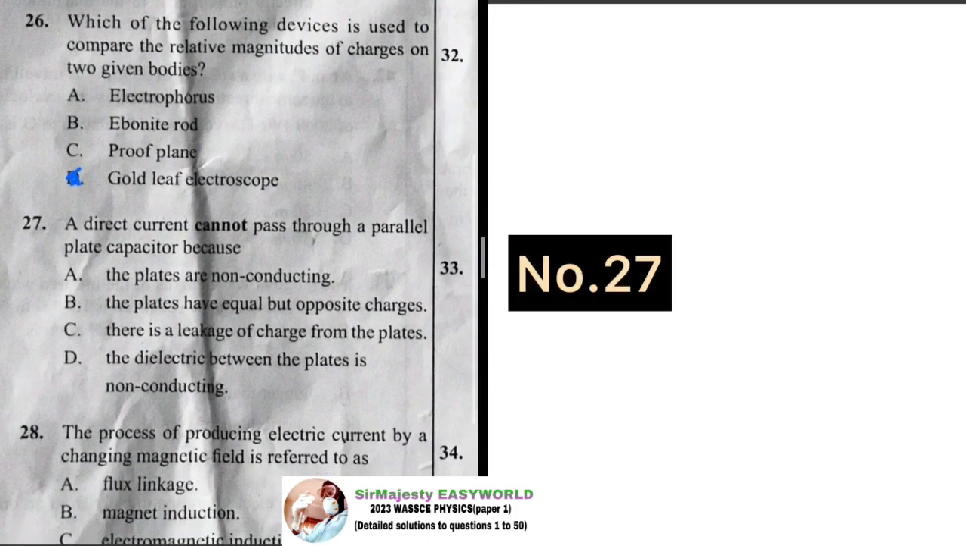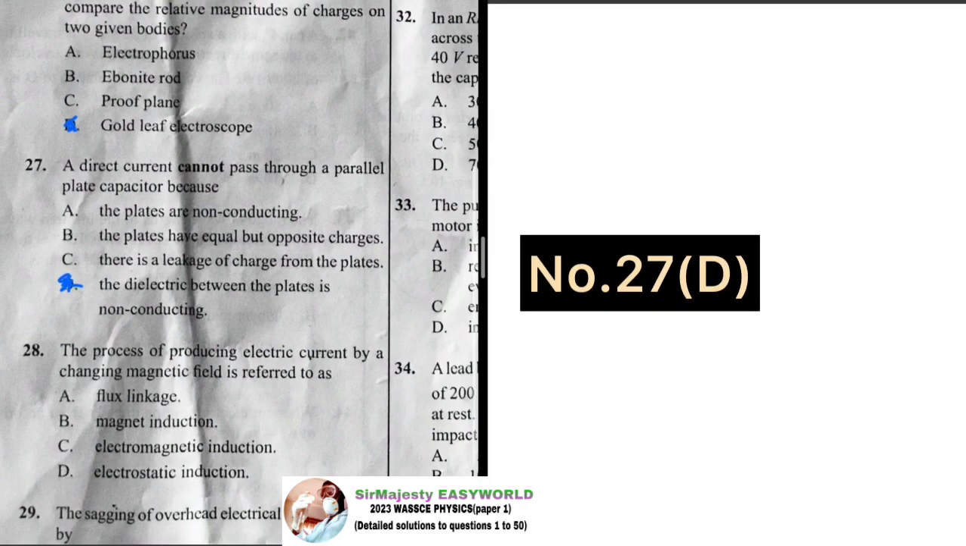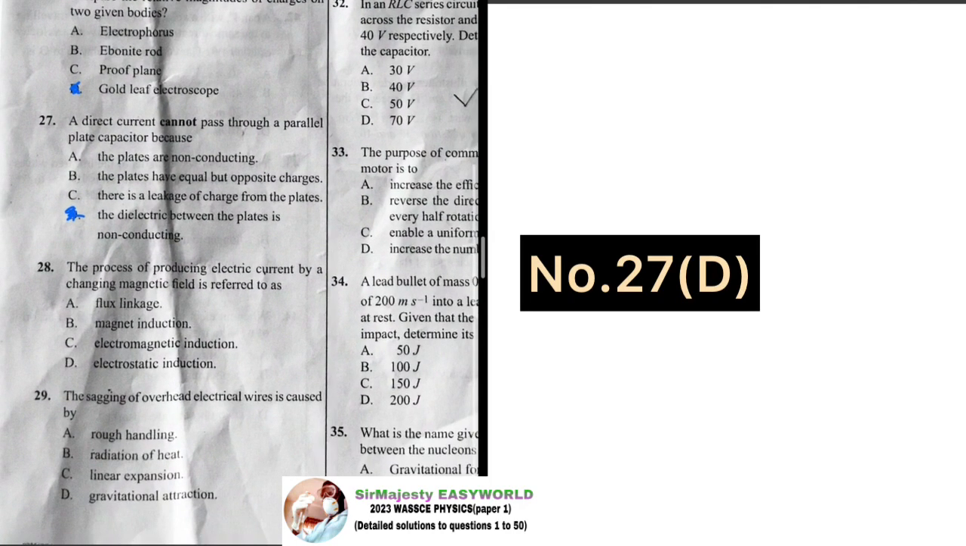So he said a direct current cannot pass through a parallel plate capacitor because the dielectric between the plates is non-conducting, because the dielectric is an insulating material, as we saw at the beginning